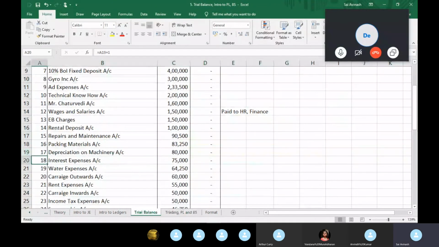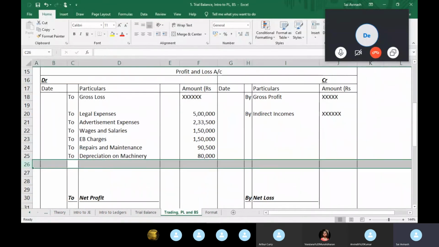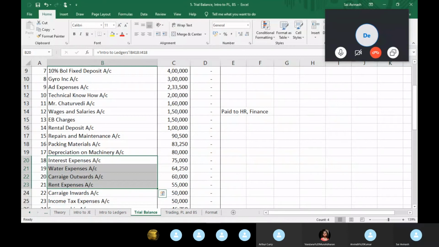And you have interest expenses, water expenses, carriage outwards, rent expenses. All these four are indirect expenses. Let's go through them again. Interest, water, carriage outwards. Remember, carriage outwards, again, you can argue that carriage outwards is something that I'm still using to make a sale, which means that I'm going to be using that as part of my gross profit. However, when I say direct expenses, I'm going to say